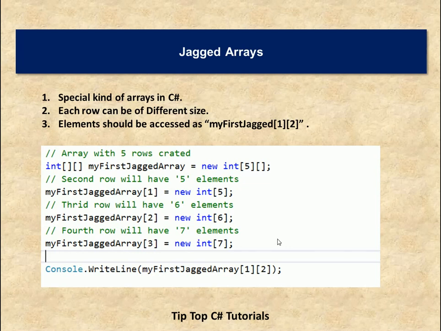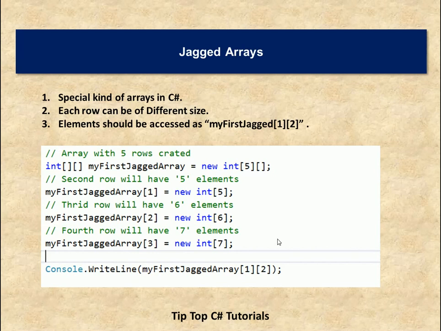As you can see here, we are accessing it as my first jagged array. The first row can have 5 elements, the second row can have a sixth element, and the third can have a seventh element. So it can vary. This is the difference between a jagged array and a multidimensional array.